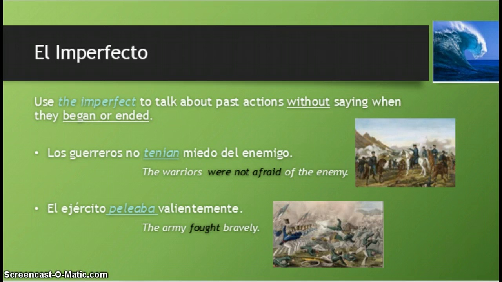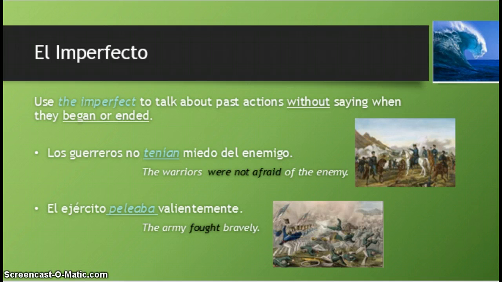Since I'm saying the warriors were not afraid of the enemy, I'm talking about the past. I'm talking about the war, so it's over and done with. However, I'm not referring to any specific time period, so I will use the imperfect because they're probably not scared through several different battles. El ejército peleaba